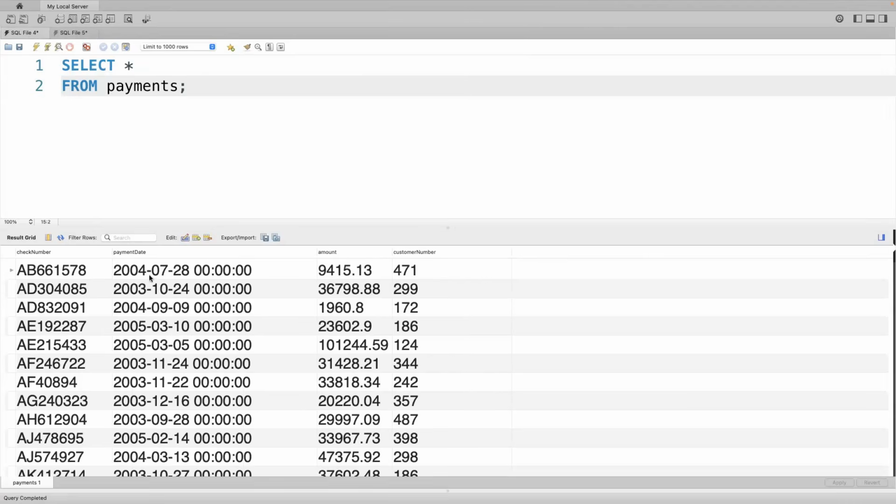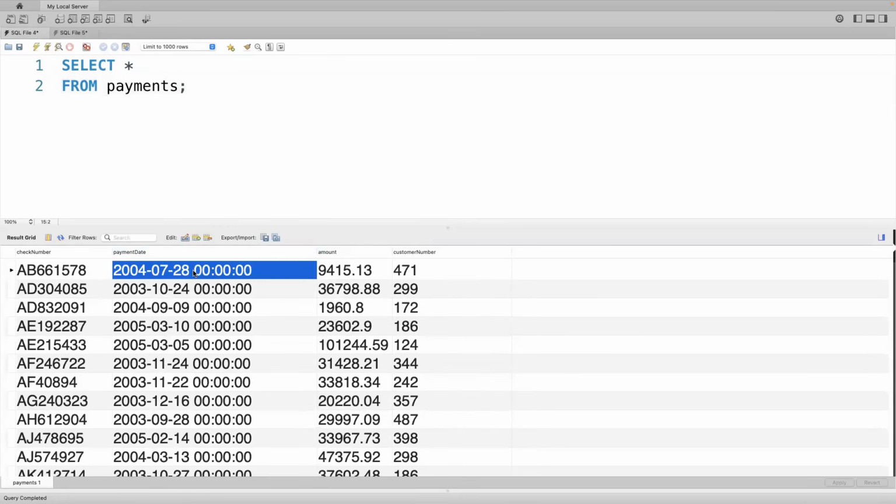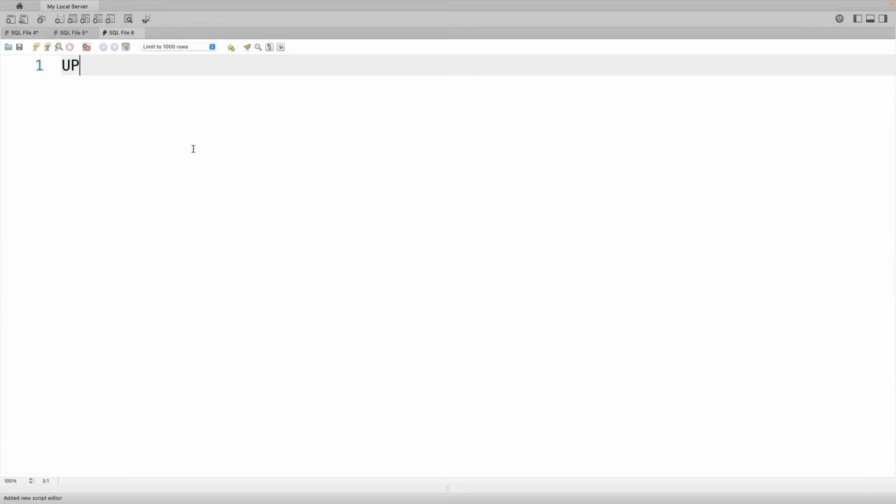However, you can see that the date is fine, but the times seem to be all 00 everywhere. So I'm just going to change this one particular date time. I'm just going to update it so that we can see something other than just a lot of zeros. So let me open up a new tab here. And by the way, you can use Command T or Control T to open a